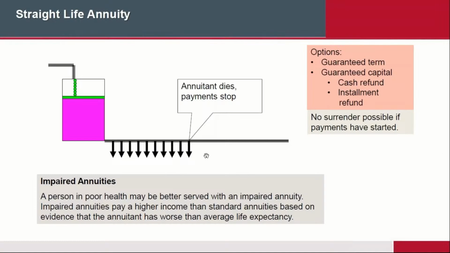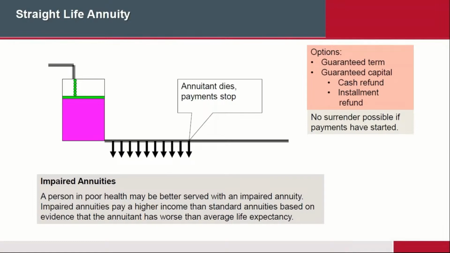You can also buy what's called an impaired annuity. So this is an annuity for an individual who's in poor health. So their life expectancy is much, much less than the normal statistical mortality. So therefore, as an impaired annuity, they're going to get a higher income. So if normally your statistical mortality, let's say you'll be dead by age 80, but because you've got cancer or heart issues or whatever it is, your statistical mortality is now age 65, let's say, and you're only 40, basically you're going to get a higher amount because you're impaired. You're going to get a higher amount than if you were not impaired.